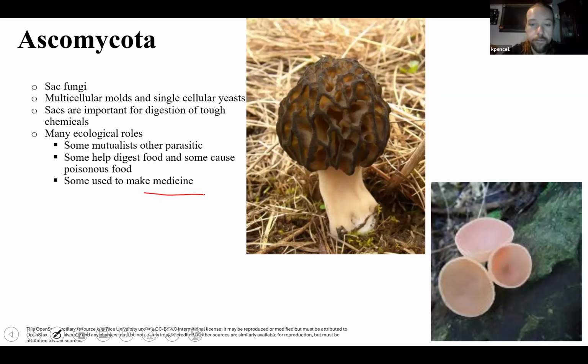A lot of medicines that we use come from the Ascomycota, so you might recognize one of these in a second. Now, this one I have in the middle is called a morel. Some people might want to call it a truffle, but these can go for thousands of dollars. They're considered delicacies, right? So during the fall in the US, they have morel or truffle hunting season. They go around in the woods with pigs, and the pigs can smell these truffles, and somebody can make a year's worth of salary by just hunting for truffles in one to two weeks.